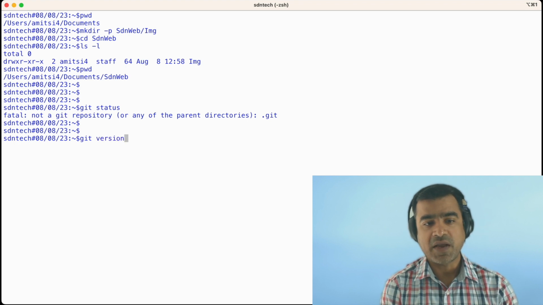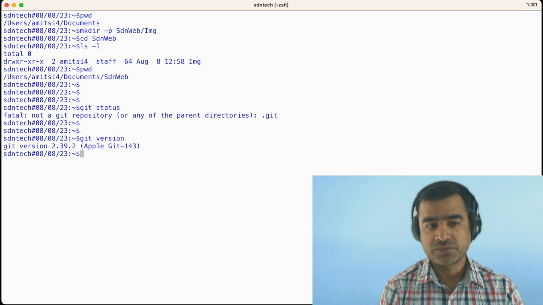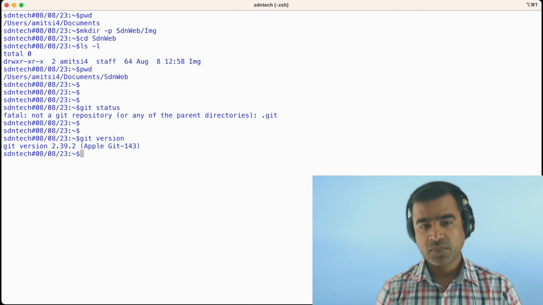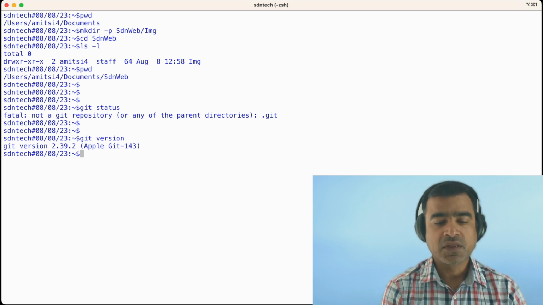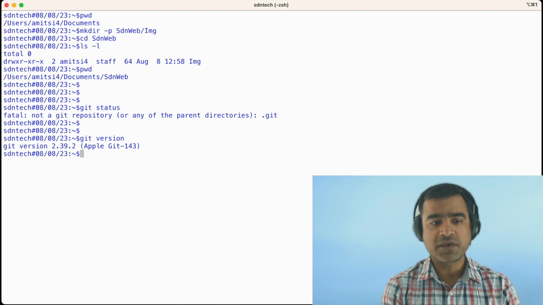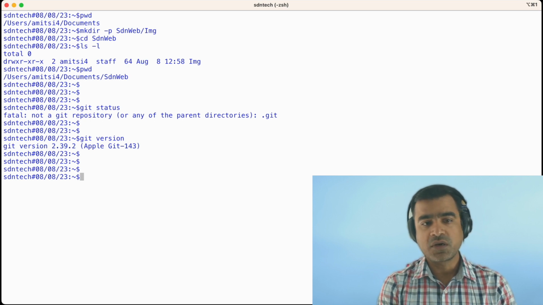So if you are using Mac OS, Git is installed by default. As you install your Xcode and so on, Git comes by default. But if you are on Windows or any other operating system, sorry about that. If you are on Windows or any other operating system, you may have to download Git and install. All right. So what we can do here, we have Git installed, but we do not have any Git